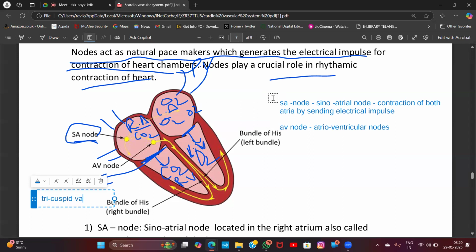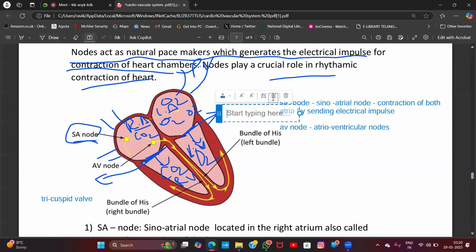Tricuspid valve. Between the left atrium and left ventricle, which valve? Bicuspid valve. Okay, after the